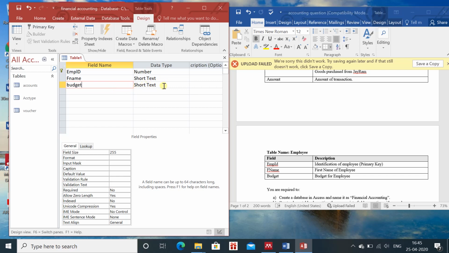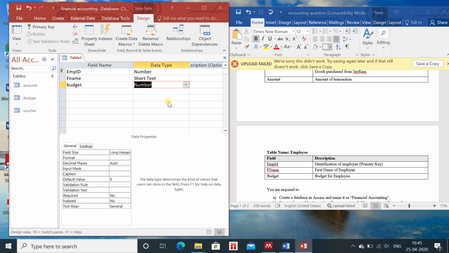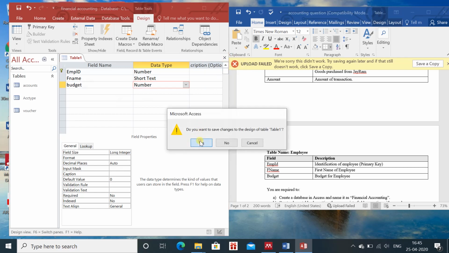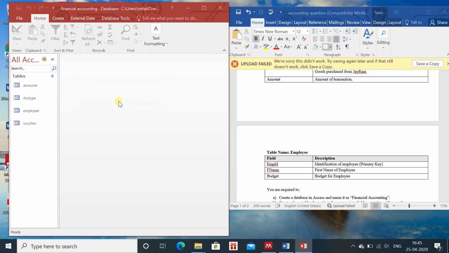In case of budget, we know that the value will be in numbers, and we are required to enter 3 fields only, so we have entered it. So we have already created the primary key, and what will be the primary key they have already given to us, so cancel it. What will be the name? Employee. So these are the 4 tables which we are required to create.